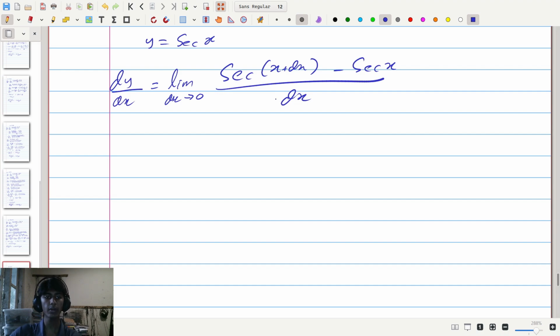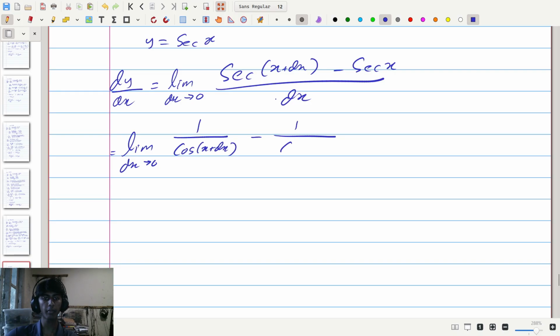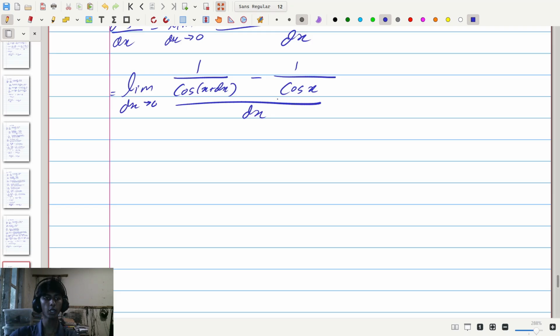So this is going to be equal to the limit as dx approaches 0 of the secant of x plus dx, which is 1 divided by the cosine of x plus dx, minus, here this is going to be 1 divided by the cosine of x, whole thing divided by dx. Again, we're going to do the same thing of taking a common denominator, in which case we get the limit as dx approaches 0